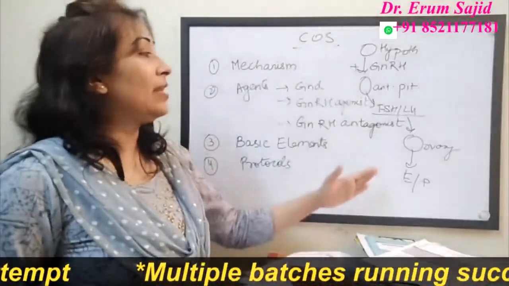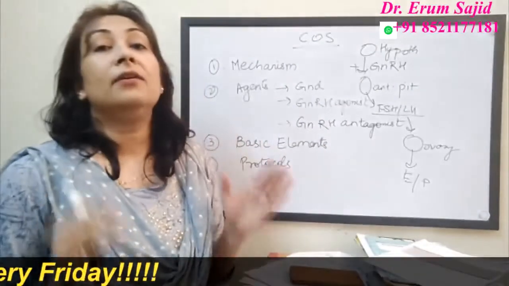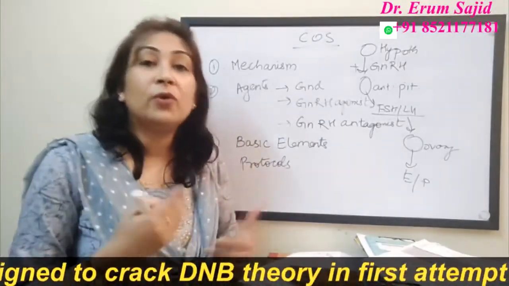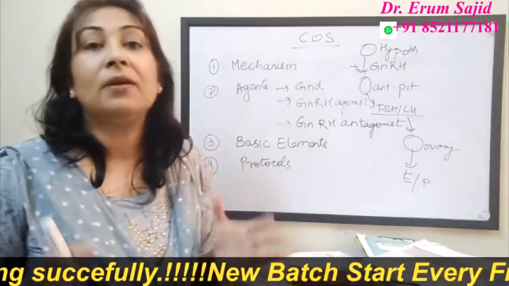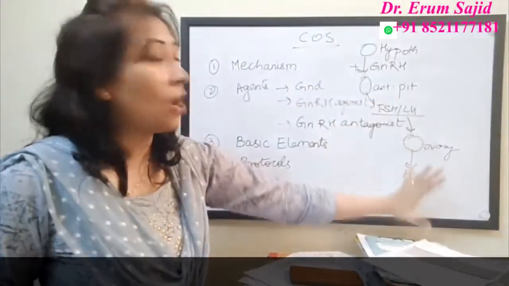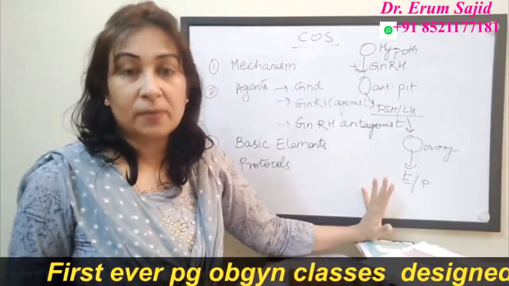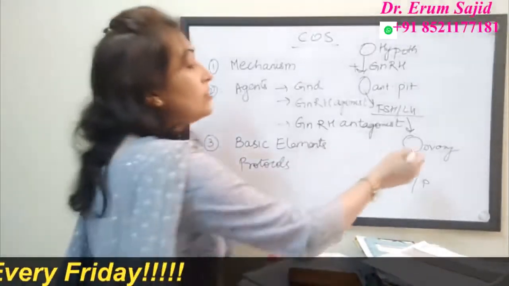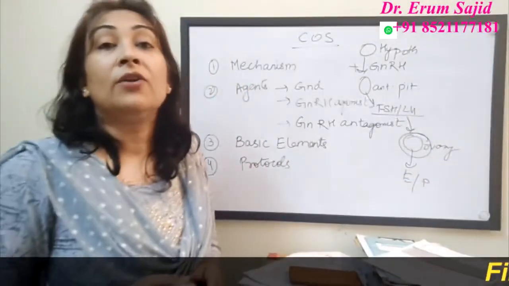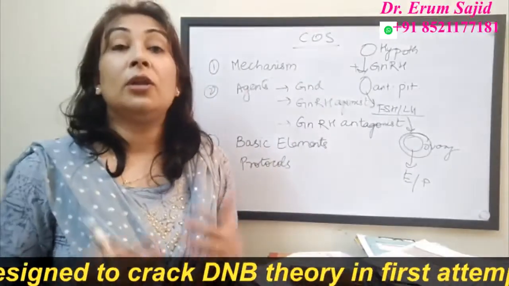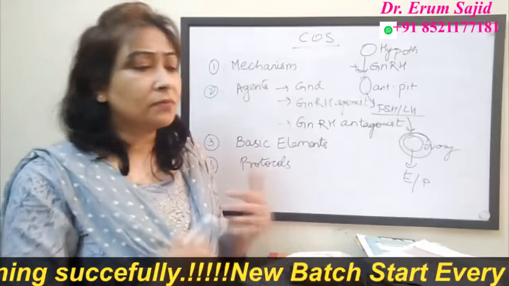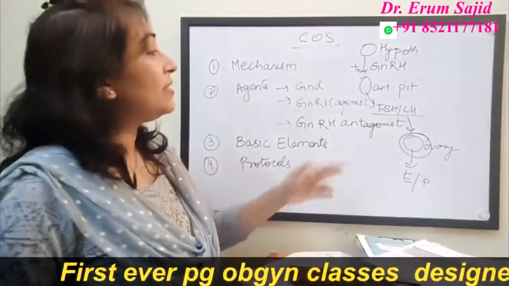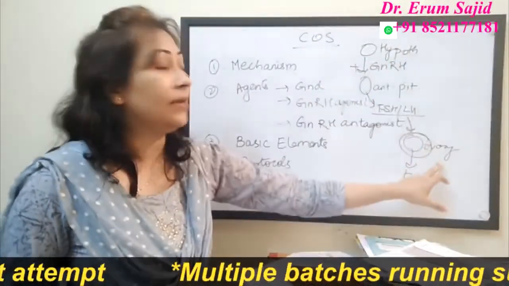What I'm trying to do in this particular lecture is emphasize the basic physiology which you have known for a long time, but I'm just trying to refresh it because it will help you understand this chapter better. So this is the complex interplay. These are the hormones which are responsible. Right now we are not looking at estrogen and progesterone. We are mostly going to concentrate here because our emphasis is on understanding follicular recruitment, follicular maturation, and later on maybe oocyte retrieval, at least good mature follicles, as many as possible. So basically our emphasis will be till here.